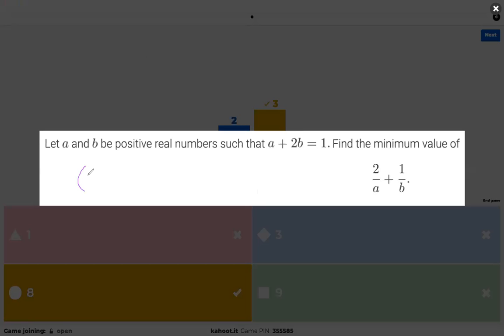So we can have A plus 2B times 2 over A plus 1 over B. And that will be greater than or equal to, if we say that these are all squares, root A times root 2 over root A, and root 2